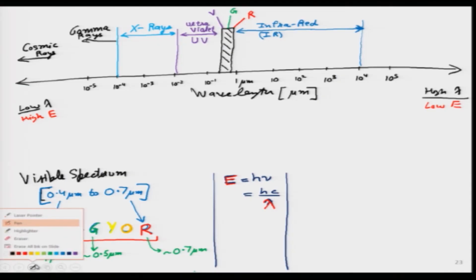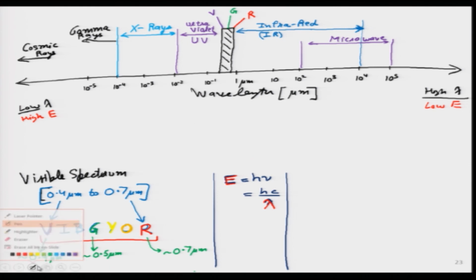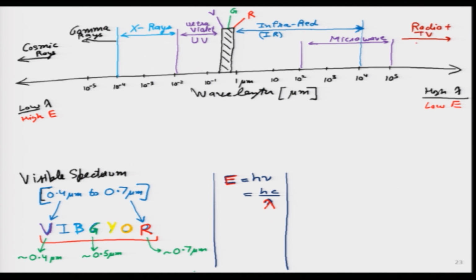Then we go on the other side, very low energy. What does low energy mean? It is high wavelength. So, we go over there, high wavelength. We go, I think, in this part. We have a microwave at our home, so that name I think comes from this wave. This is the microwave over here. Then we have broadcast of radio and other signals, so all that is over here. That is radio plus TV waves.